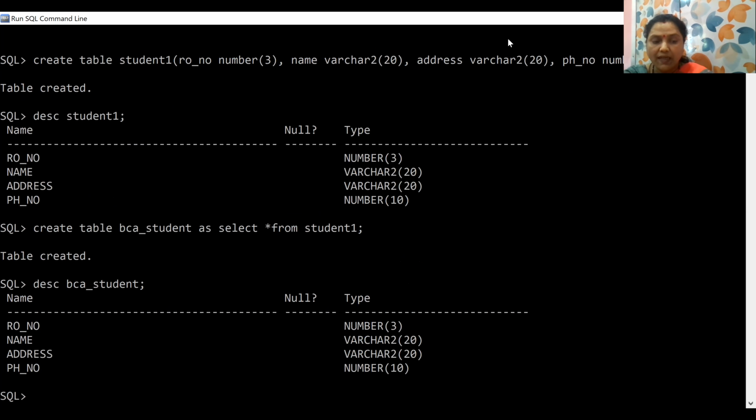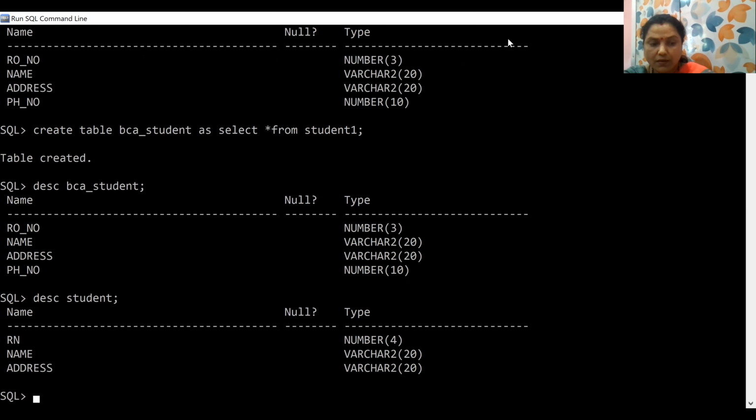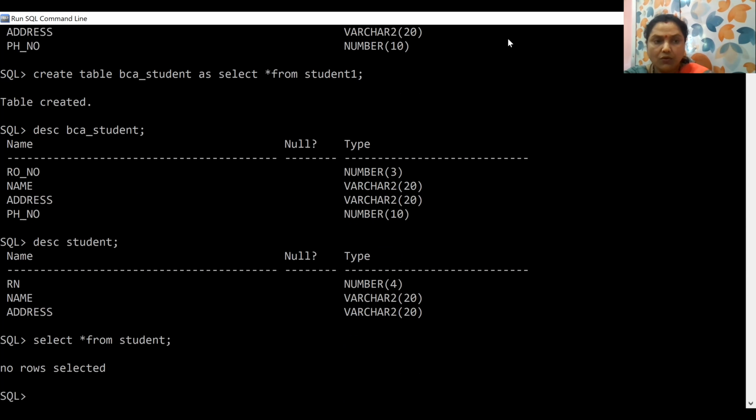Suppose there is some content inside the table. Select star from student. No rows are there. If no data has been stored inside the table, then it will show you no rows selected.